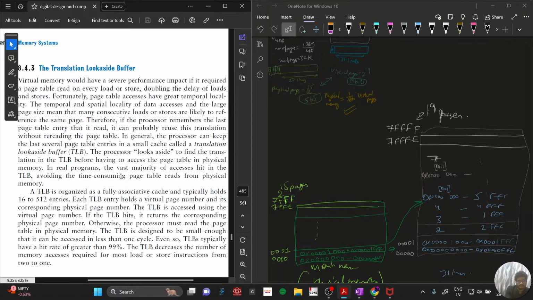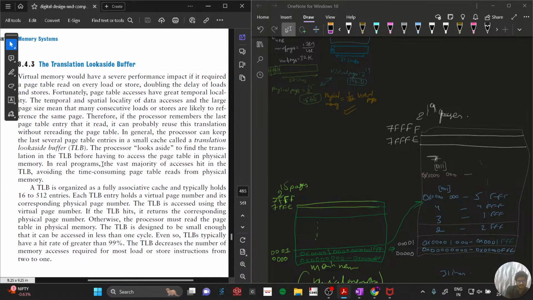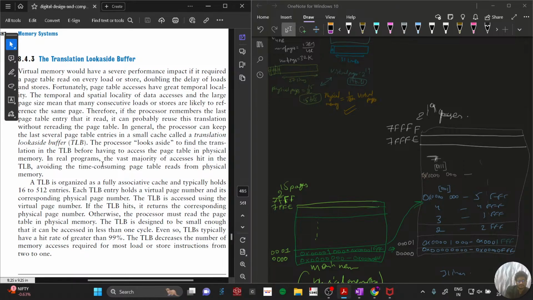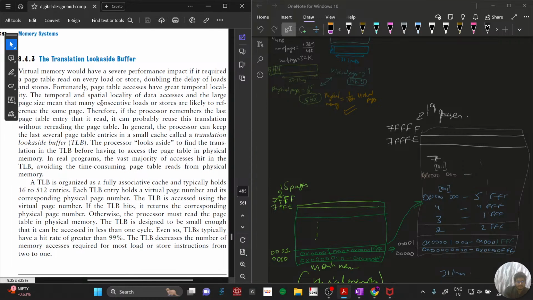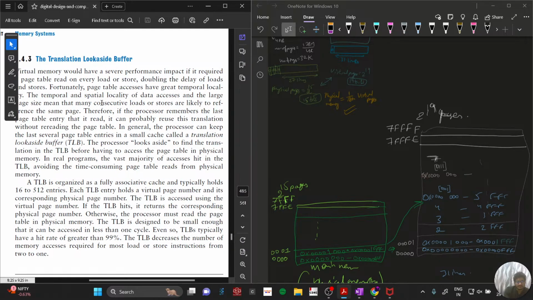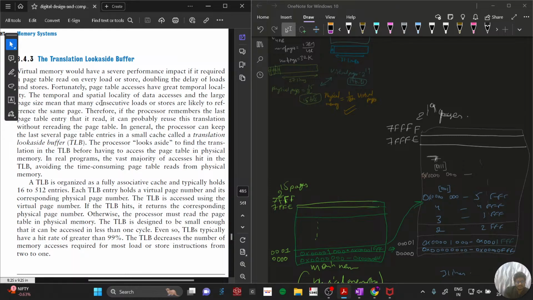Virtual memory would have a severe performance impact if it required a page table read on every load or store, doubling the delays of loads and stores. Fortunately, page table accesses have great temporal and spatial locality, and the large page size means that many consecutive loads or stores are likely to reference the same page. Therefore, if the processor remembers the last page table entry that it read,